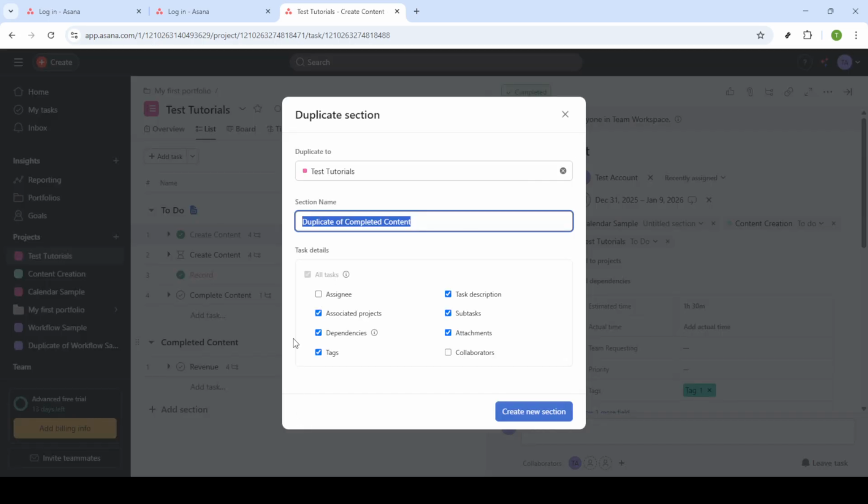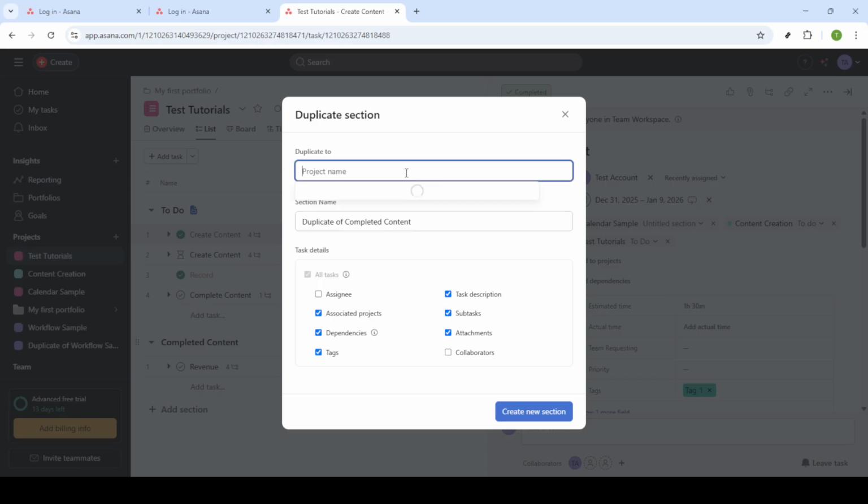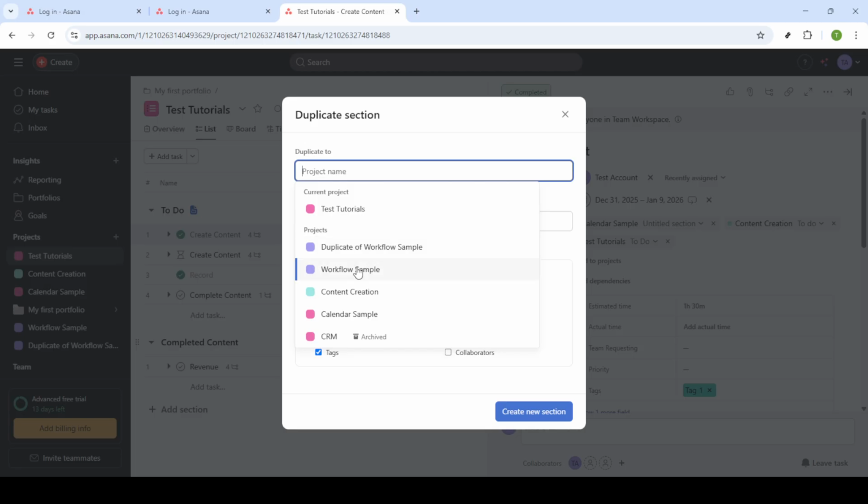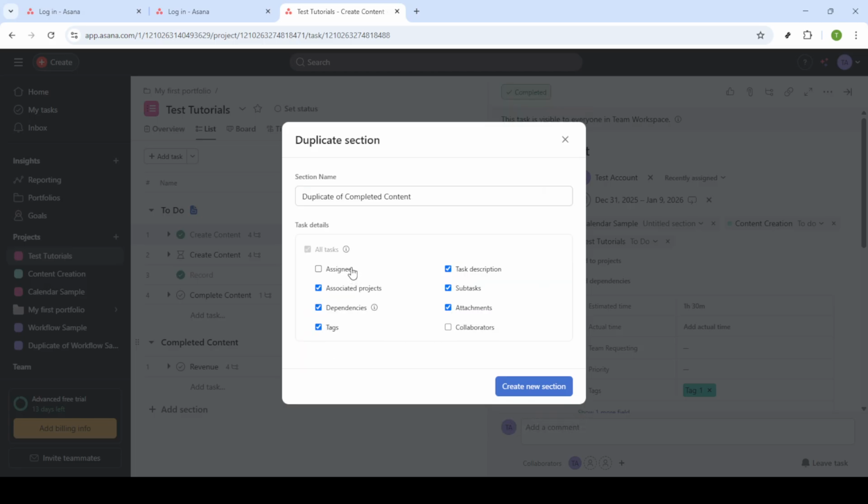As you proceed, choose the project where you'd like this duplicate section to go. It doesn't necessarily have to be the same project you're currently in. It could be any other project you're managing in Asana. Make sure to give your duplicate section a new distinct name. This helps differentiate it from the original and makes it easy for your team to recognize what it is and